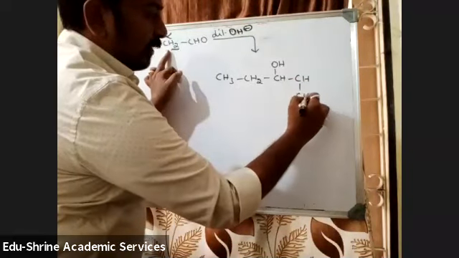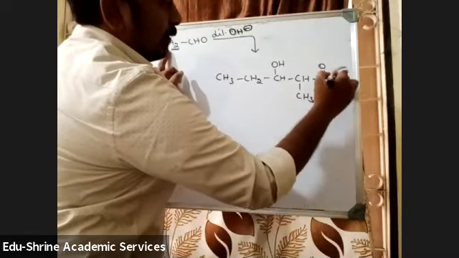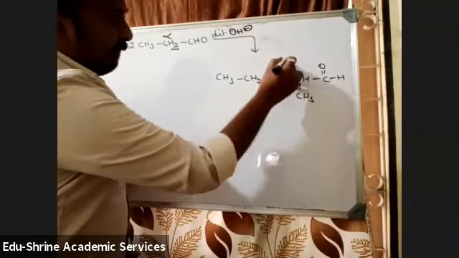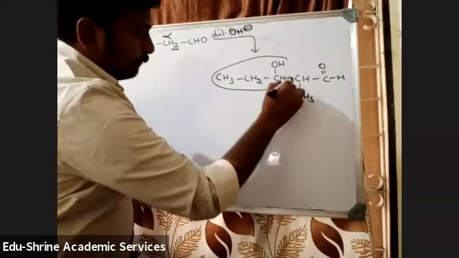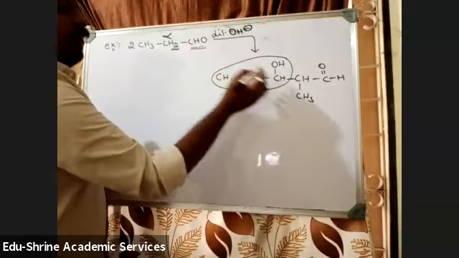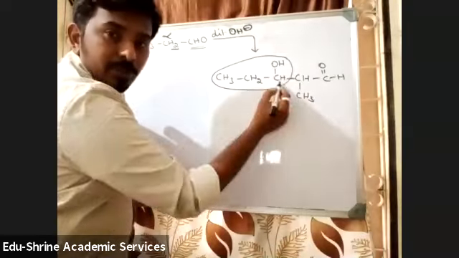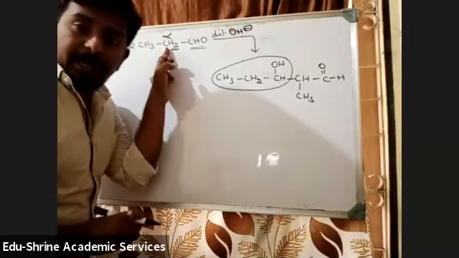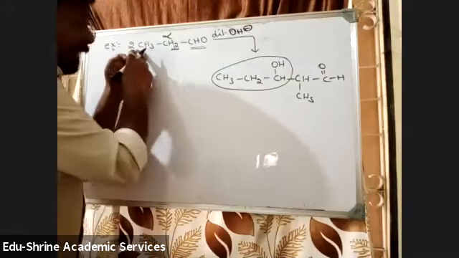So there is one methyl group, there is one aldehyde. That's it. So this is the first molecule from where this C double bond OH is converted to COH. In the second molecule, this is the carbon atom where negative charge is being produced, not from here, because this is not alpha carbon atom.